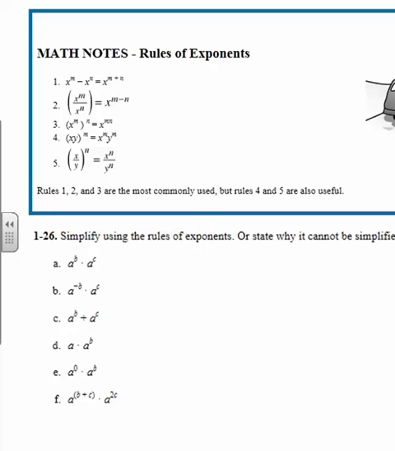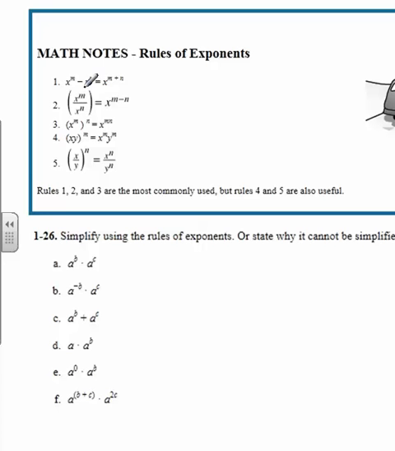All right, another little set of math notes. This is a nice review of our exponent rules. These are rules that you should know. You've learned them before, but we are going to review them. So we've got rule number 1 where it says we've got the same base, x and x, x